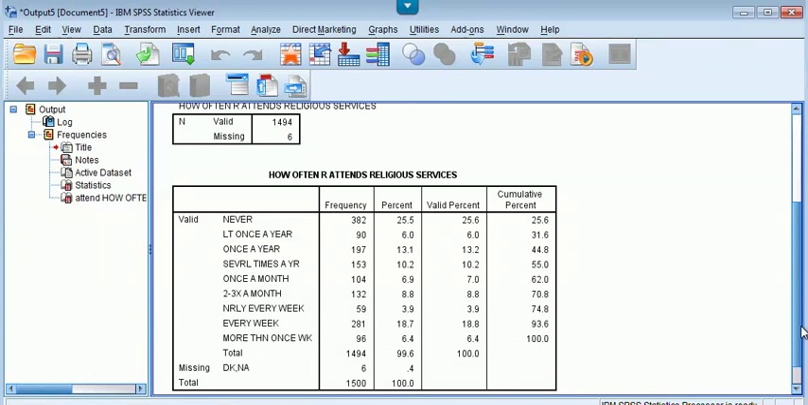We'll keep the never category the same, but we're going to collapse those less than once a year, once a year, and several times a year. We're going to combine those all together and just call that seldom. Then we're going to combine the once a month and the 2 or 3 times a month categories together and call that 1 to 3 times a month. Then we'll collapse the nearly every week and more than once a week categories together, and we will call that weekly. So how we do that is we go up to transform,